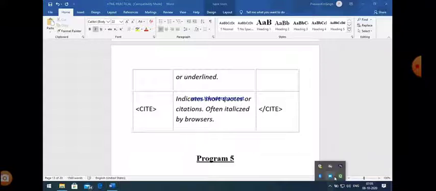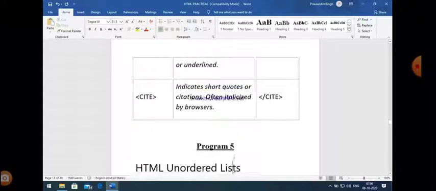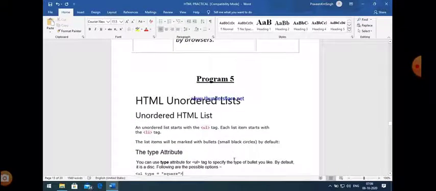If you use a different browser, it may be possible that they behave differently, and they have some specific purpose. For example, VAR is used to represent variables if we write mathematical equations. So these are used for different purposes. You can use both physical as well as logical text in your program.